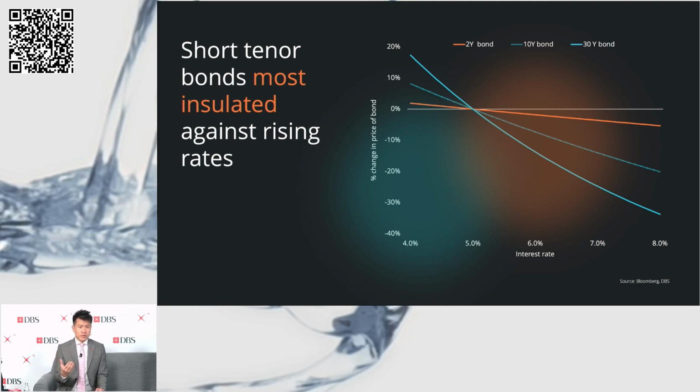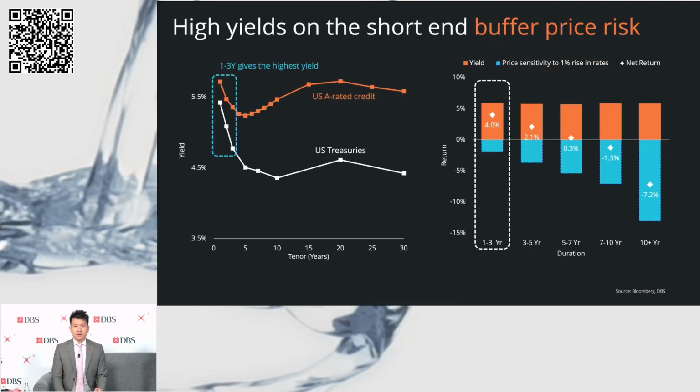So just to illustrate an example, right? Long tenor bonds this year have fallen 20%. From June to October, in just the recent few months, the drop alone was 16% of that 20%. So this is the sensitivity that I'm talking about. And this is not the type of volatility you want in a stable part of your portfolio, right? And this is why we, in the liquid plus strategy, prefer short duration bonds. And while the interest rate environment is very volatile, this will help you for two reasons, okay?